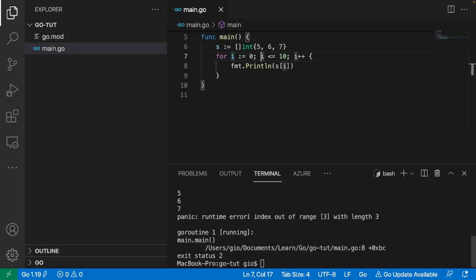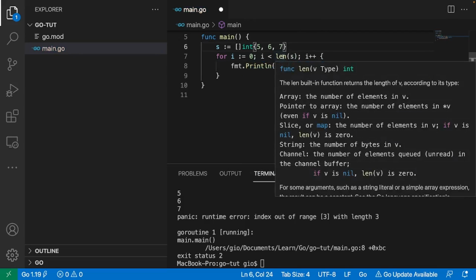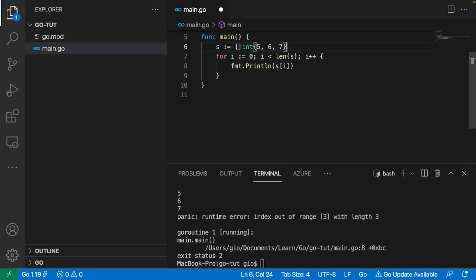That will cause it to panic, and it will let you know right here, okay, the index is out of range, right? So keep in mind when you're trying to use a for loop with this index, with an array or slice, you have to know the length of the array or slice because it will throw an error if you don't. So what you could do is check while I is less than the length of S. Remember, we have this function, length, that just returns how many items are in the slice or an array. So we know that once it's equal to the actual length of S, we can stop, because remember,